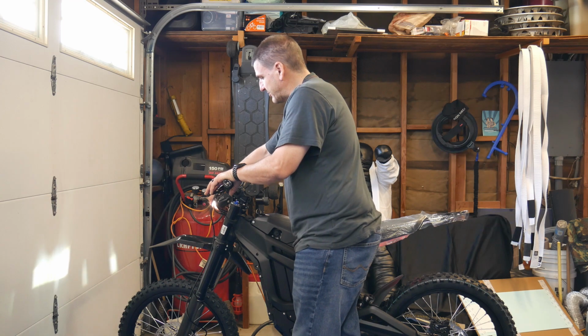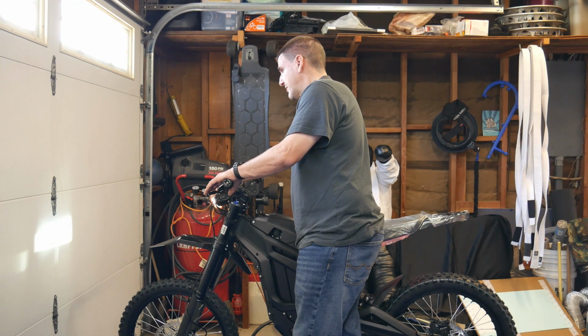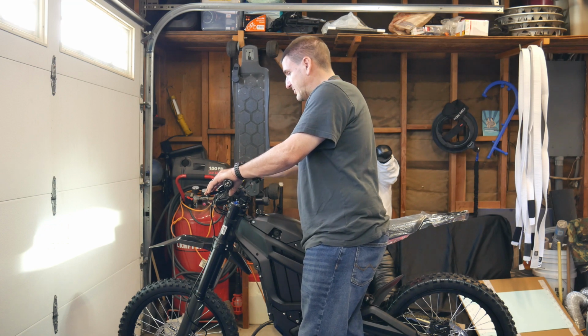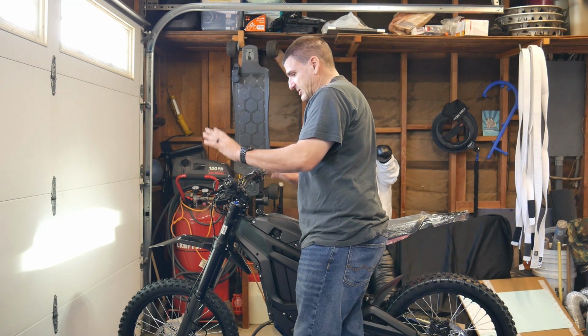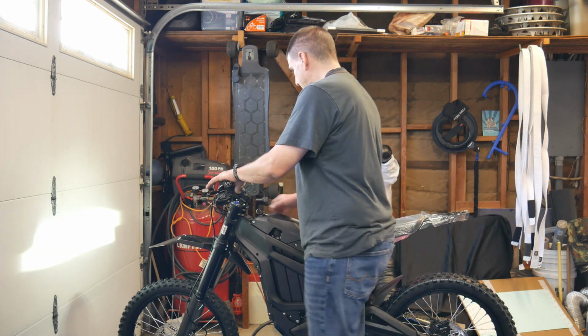The headlight's going to have to be adjusted. Probably actually adjusted it right now. There we go. It's already somewhat tight. I haven't adjusted anything else yet. Right now, oh, the tires, yes. So,